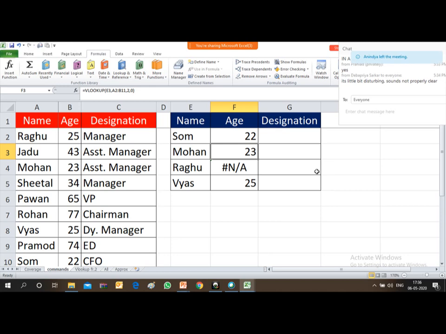Because of that, since Raghu was appearing in the second cell, but the selection area starts from the third cell, that is from A3. In A3 only Jadu is appearing. So that is why this formula is not able to find Raghu in the selection area.